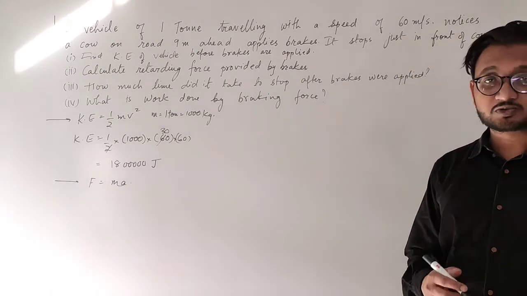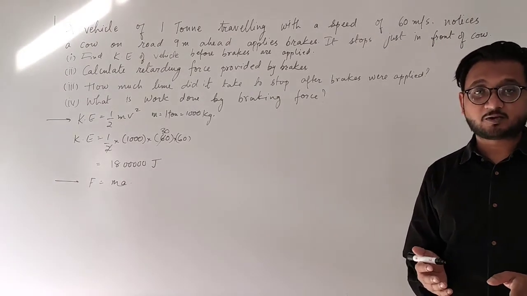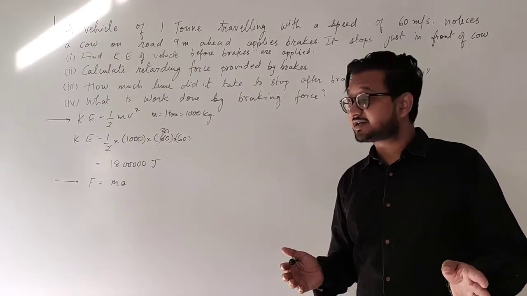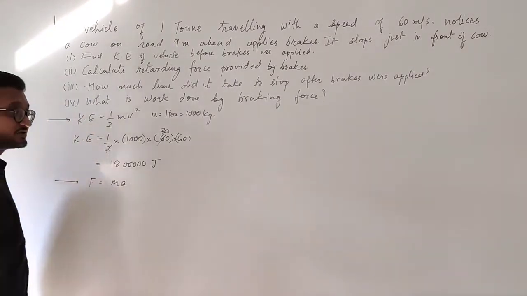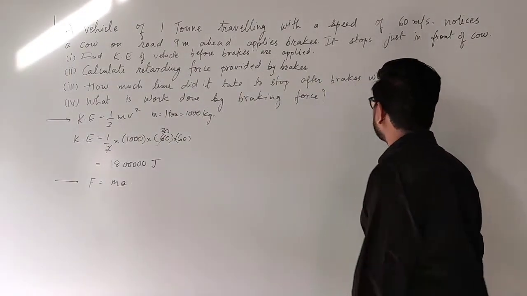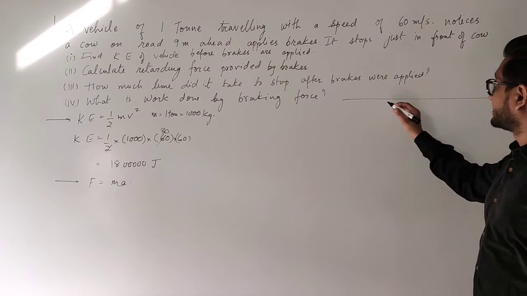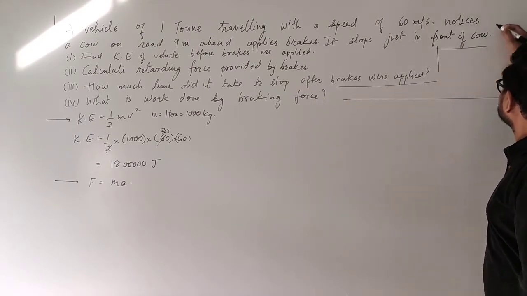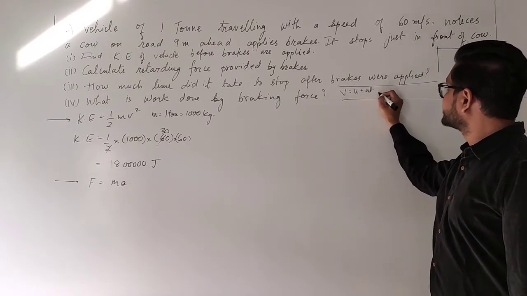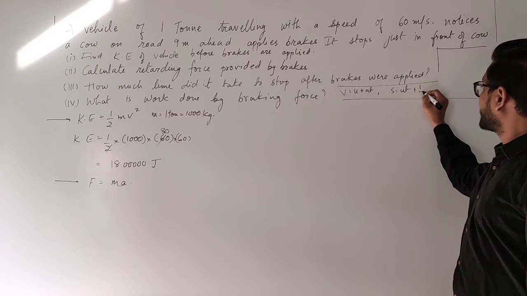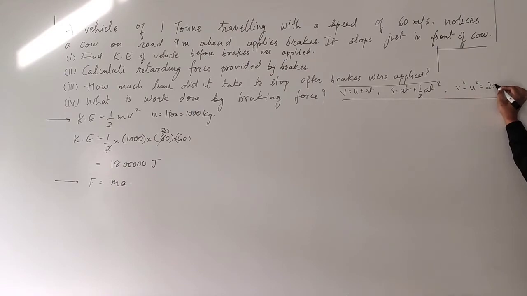Now, how are you going to do that? In order to do this, we are going to find the acceleration exactly how we did in the previous numerical, that is in the previous video, by using the equations of motion. We have the 3 equations of motion. Once again, I will write the equations of motion over here, so that it is easier for everyone to see. First equation is v = u + at. Second one is s = ut + ½at², and third one is v² − u² = 2as.